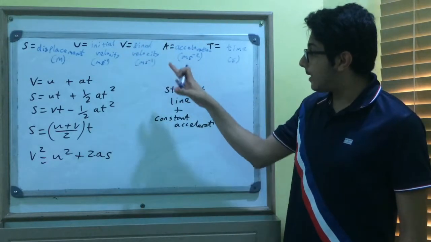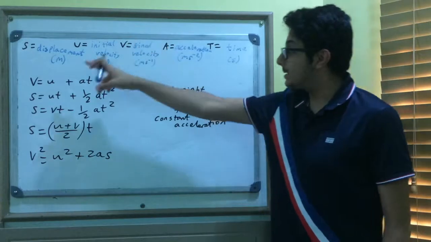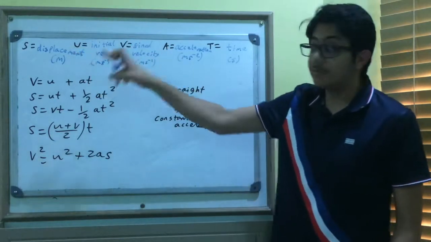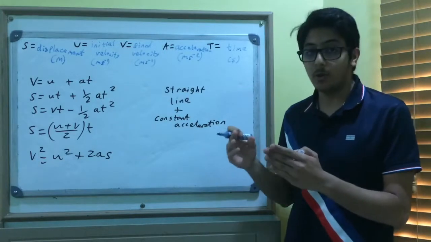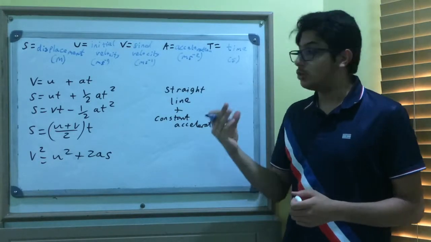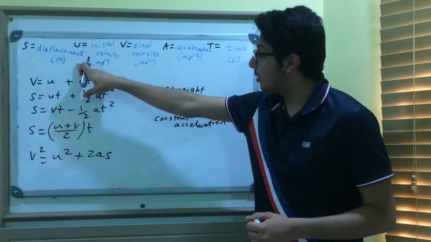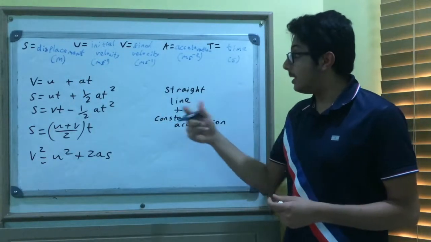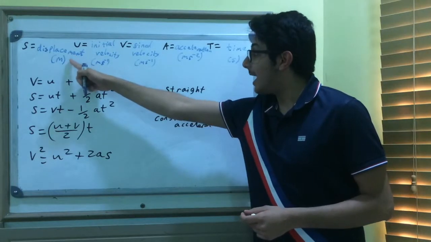Now, Suvat, what does it stand for? The S stands for displacement, measured in meters. It does not stand for distance. Distance is a scalar quantity which measures only magnitude. Displacement is a vector quantity, and so it has both magnitude and direction, meaning it can be positive and negative